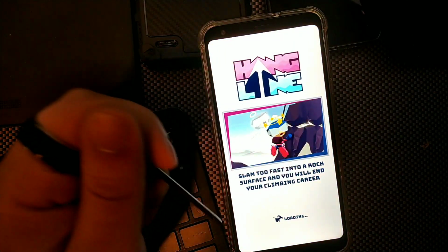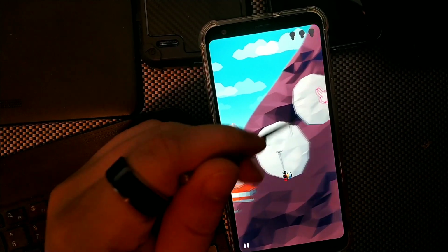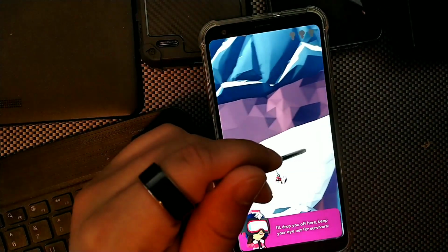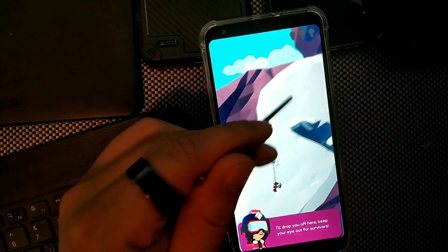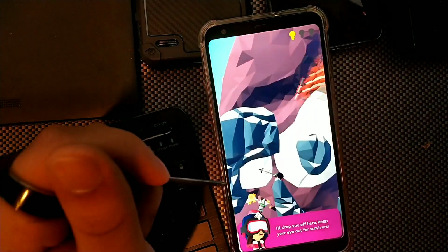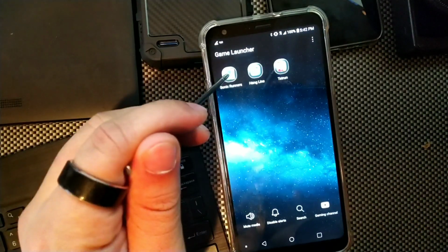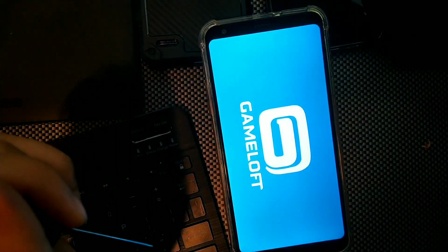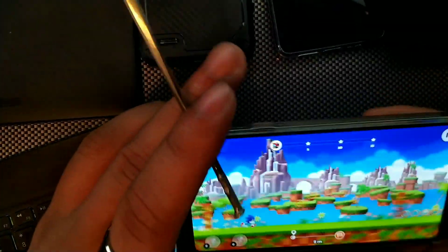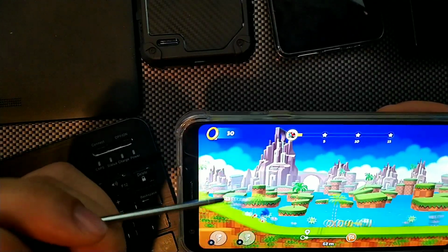But when you're playing games or anything like that, basically what you have the ability to do is, let's say, for instance, a game like this, which requires you to touch a certain area, would be much easier with the Stylo pen because you can touch the screen with more accuracy than you would with your finger, which is actually pretty cool, as you can see right here. It's also pretty cool that you have your game launcher right here for games, so you can simply tap on the game that you would like to play. In this case, we're gonna play some Sonic, and it becomes really easy to use the Sonic game with the pen. I know that sounds weird, but